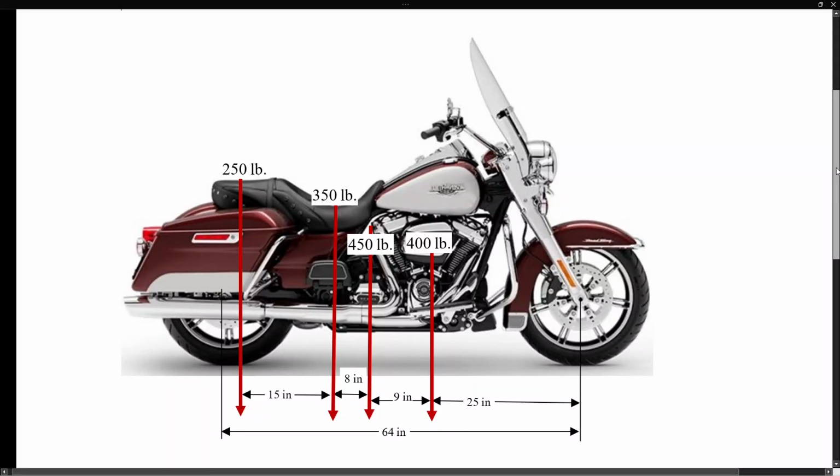Reaction force calculation. In this particular scenario, we're trying to find out how much is carried by each of these wheels. It is very important to know that piece of information. For example, let's say for this touring motorcycle, we want to have a 50% weight in the front wheel, 50%